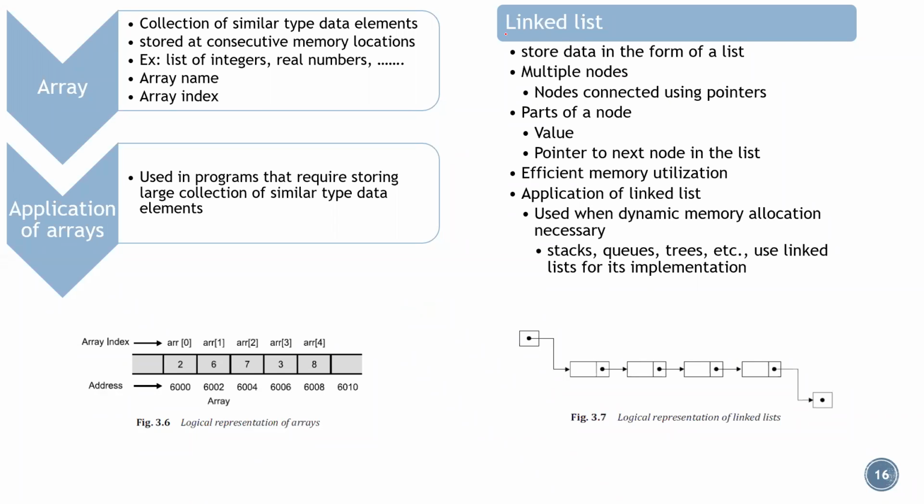Now, where is a linked list utilized? A linked list can be utilized for stacks, queues, trees. So for all these purposes, we can look forward to making use of the concept of linked list. So this one is called a node. So each one is called a node. A node will be having a value and a pointer which will be pointing to the address of the next data, which is present in the next node. So this is how it goes around.